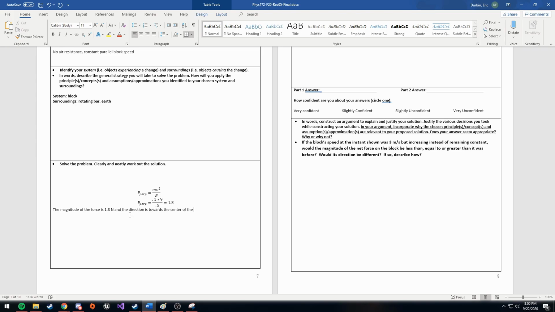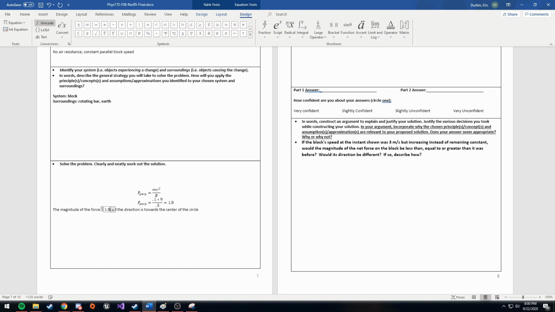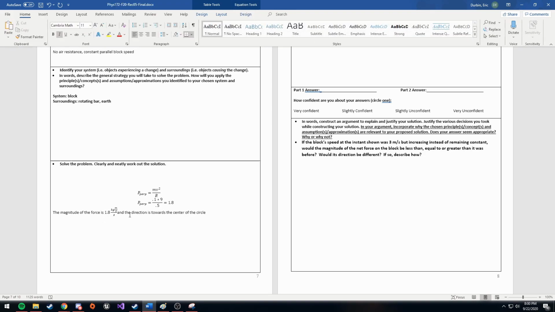Oh wait, never mind. I said kilogram meters per second squared. But I guess technically it could be newtons because it's the force. No, you're right. I was just taking it as a change in momentum. Meters, we're just gonna put squared per second. There we go. Nice.